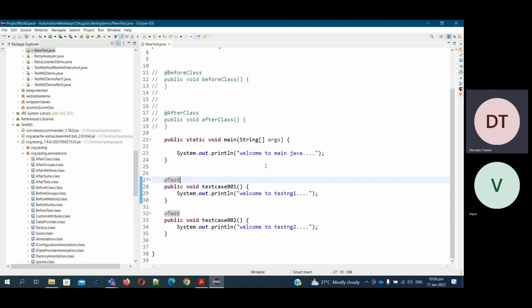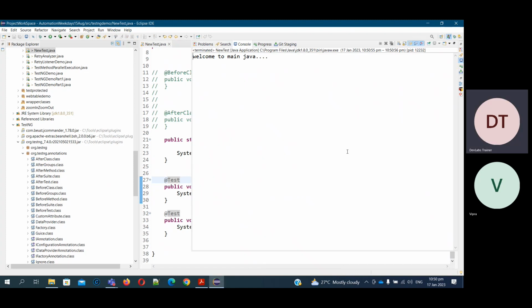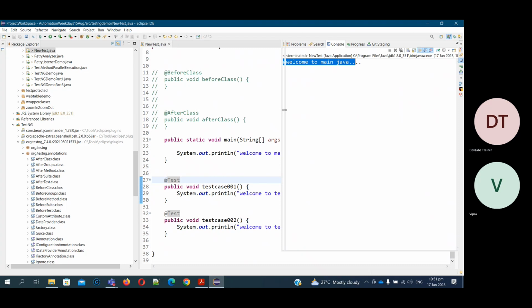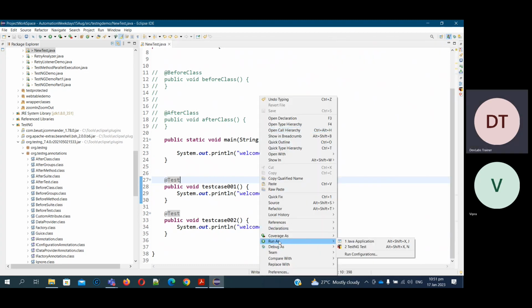Now you can see I'm going to run it. So right click, run as Java application. Once I executed a Java application, only the Java things executed. Other methods did not. But if I right click and run as a TestNG,